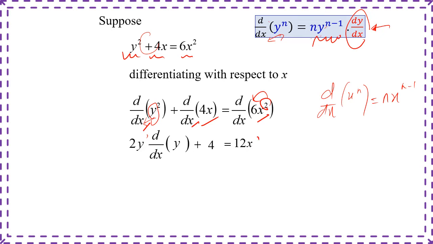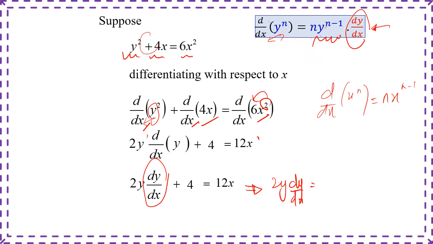So now you just have to simplify everything and let dy dx be the subject. Okay, so what we have is 2y dy dx plus 4 equal to 12x. So if they ask you to find what is the dy dx, then you have to let the dy dx be the subject. So if you want to let dy dx be the subject, it will be 2y dy dx is equal to